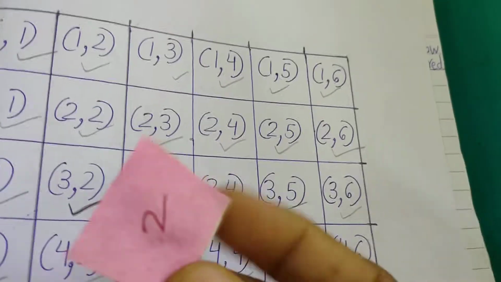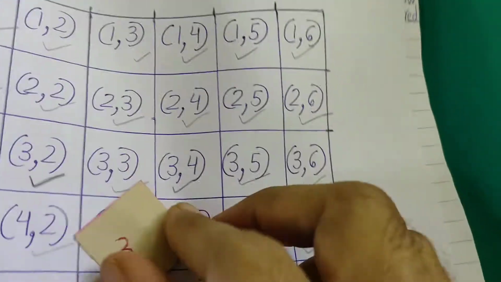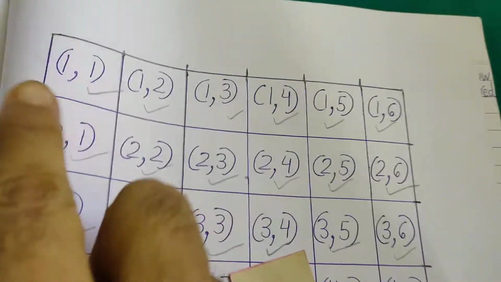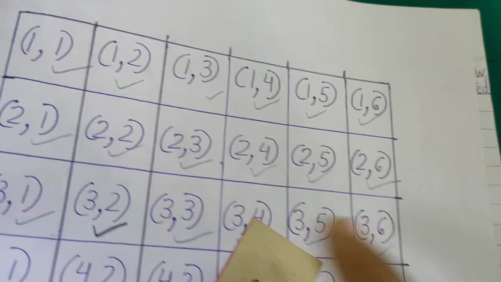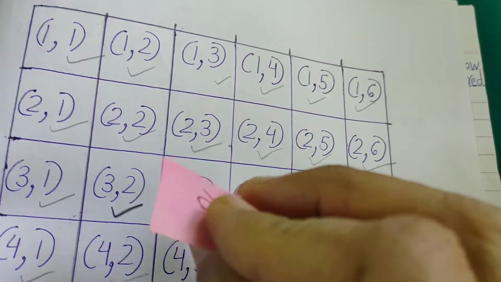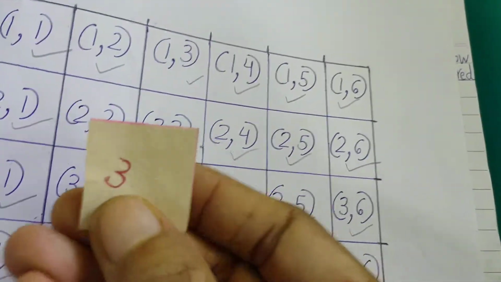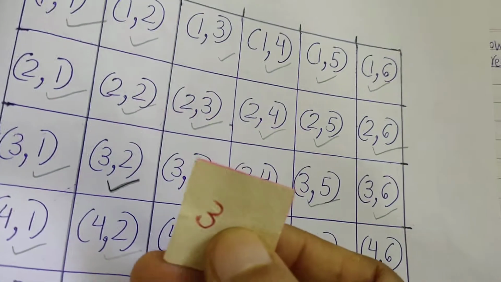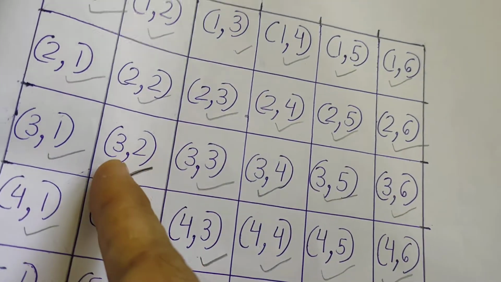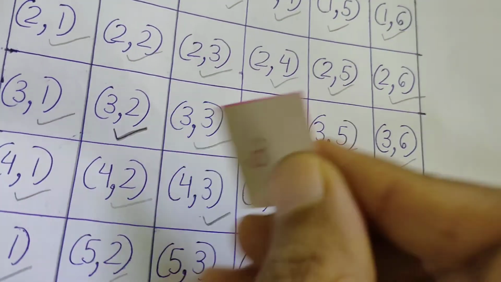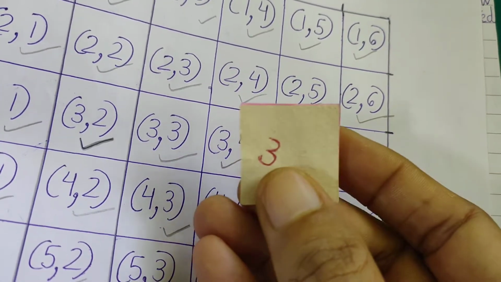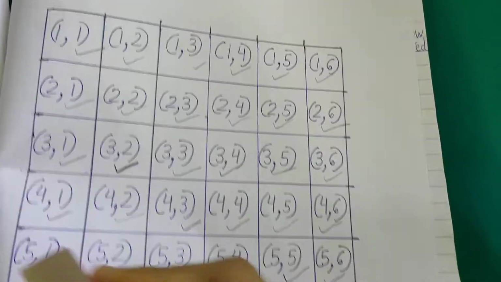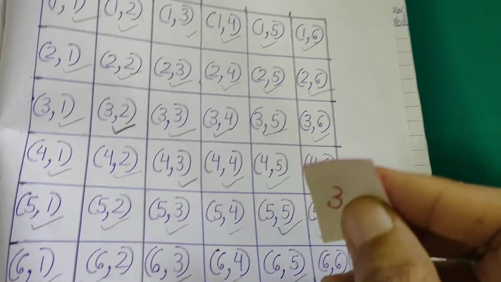So after making 36 squares like this, because yellow is our first one, we can just go on writing these first numbers. For example, for 1 1, write 1 here and 1 at the back. For 1 2 you'll write 1 on the front on the yellow side and 2 at the back. Similarly 1 3 like this. For example, here I have written 3 2. So 3 I have written on the yellow and 2 on the red side. So this is dice 1 and this is dice 2. Like this you will have 36 squares, and then put all these 36 in a bag.